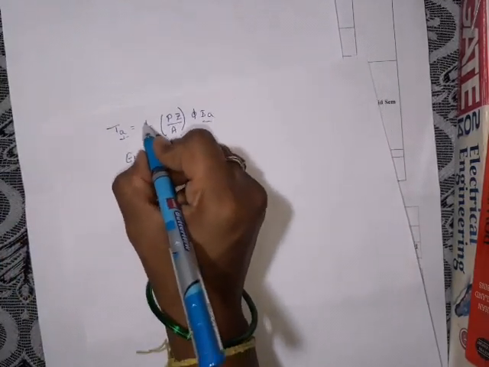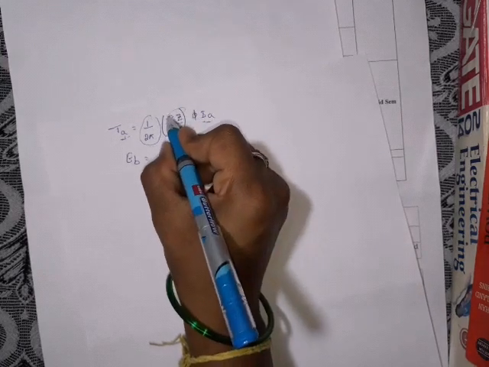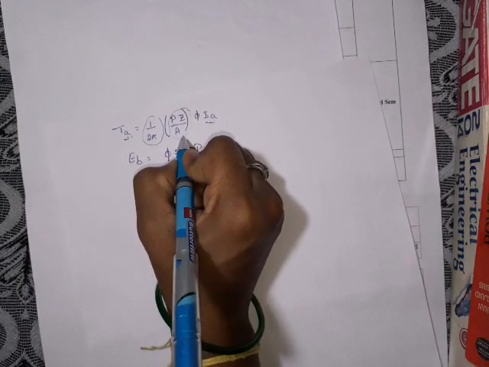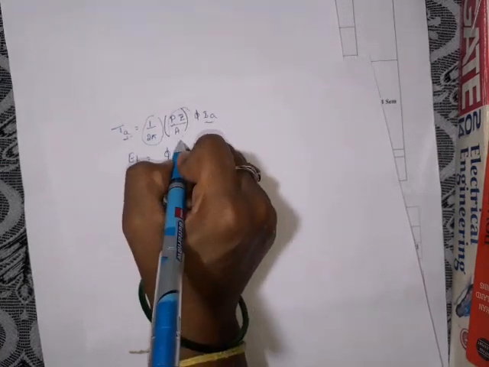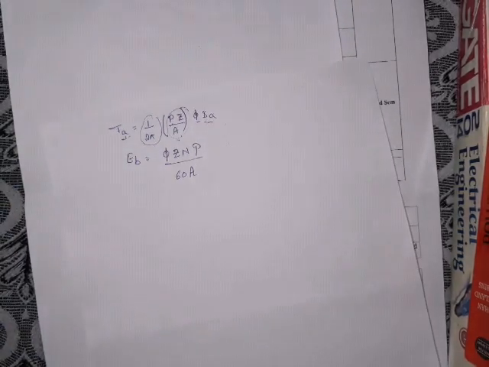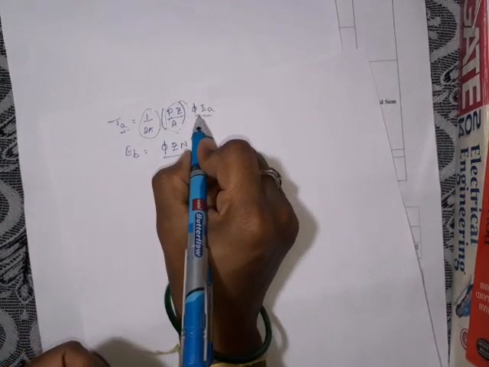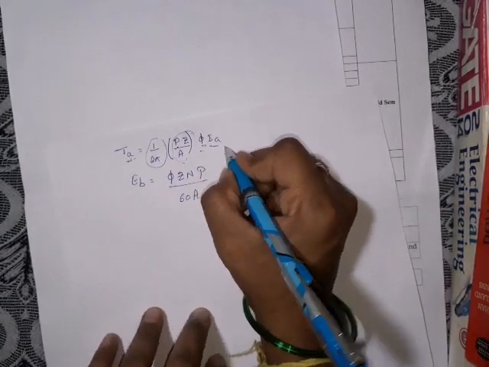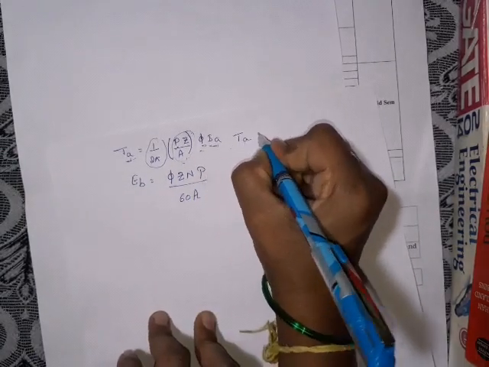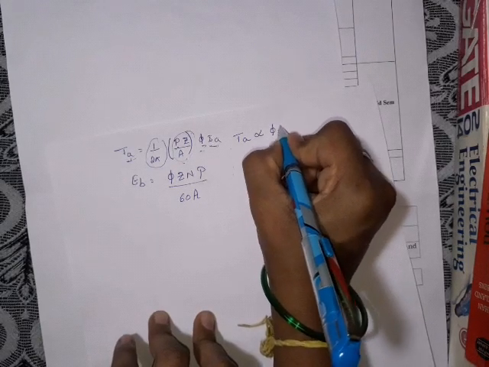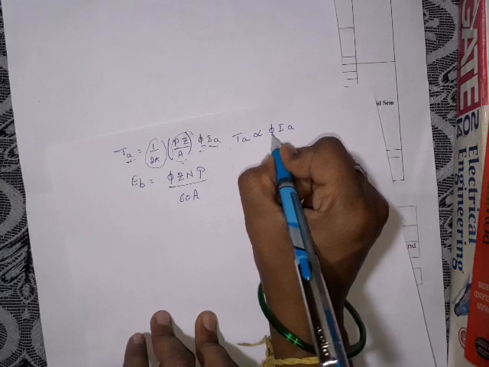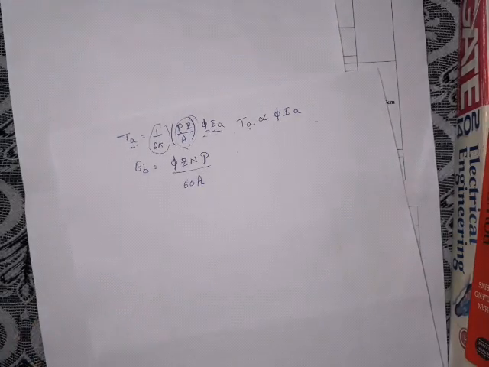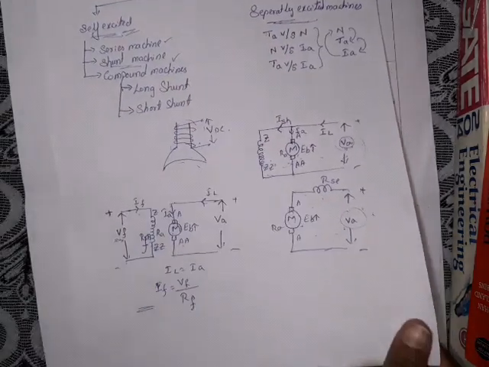See, 1 by 2 pi is constant as we know. P Z by A is also constant, where P is the number of poles, Z is the number of conductors, A is the parallel paths. This will not change while the machine is running. Phi: for a shunt motor, this phi is constant, that we have discussed. For a series motor, this phi is not constant. When we write the equation generally, TA is directly proportional to phi into IA. In case of a shunt machine, this phi is constant, so we write TA is directly proportional to IA. In case of a separately excited machine, see here,